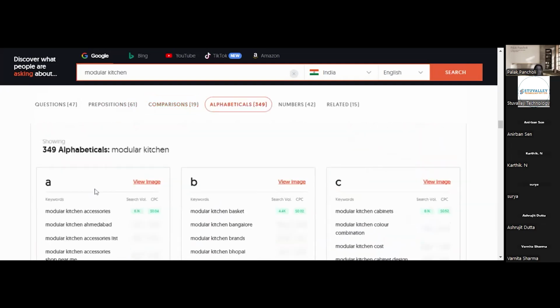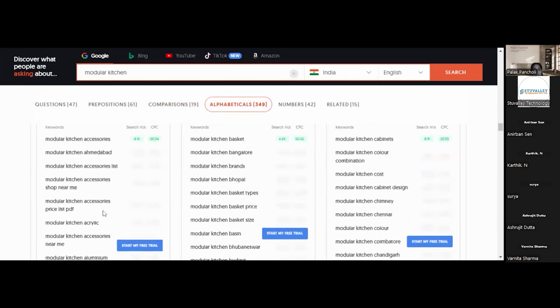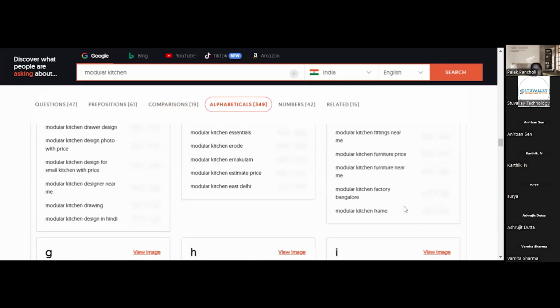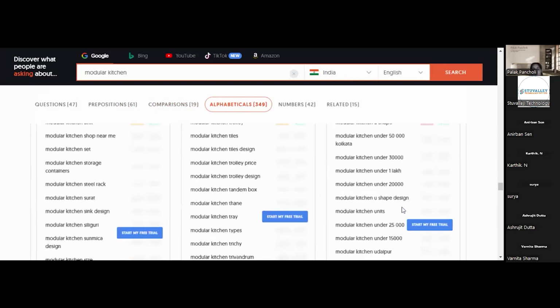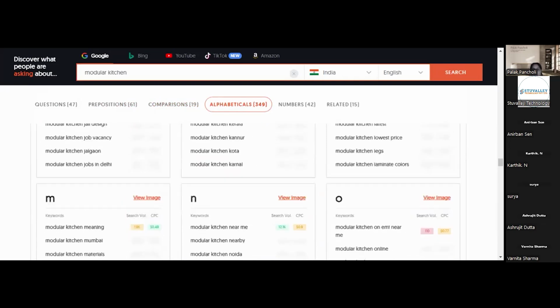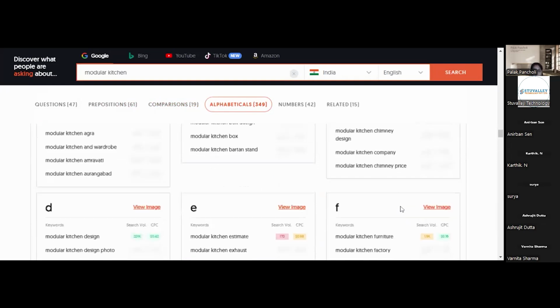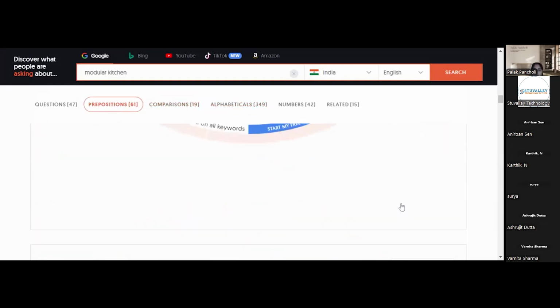Then alphabetically we have 349 keywords like modular kitchen accessories price list, modular kitchen in Bhopal. On the basis of location we have modular kitchen cabinet design. Like this you have many keywords available here, so you can use them in your content according to your choice.